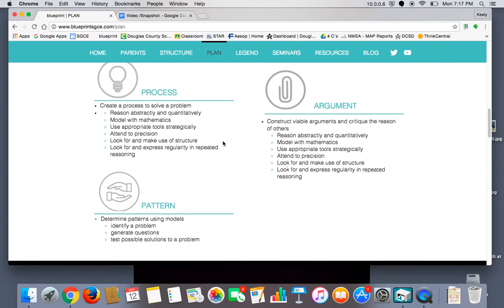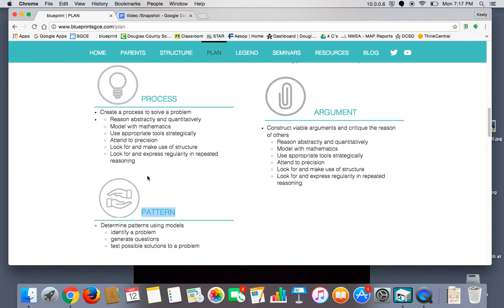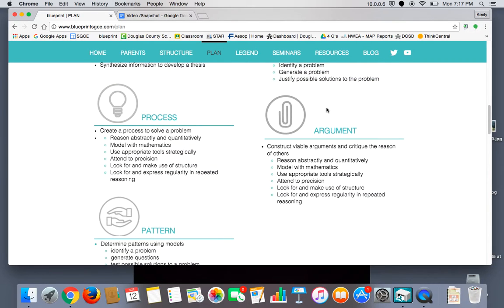If you're looking at something maybe that is about coding or animation, process and pattern give us a good place to start, because I know that I'm having to work through a process and a pattern to create something that requires a process and a pattern. If I'm trying to justify something, if I have a strong belief in something and I want to share that with the world and make sure that I am creating an argument that is valid, I will work an argument.